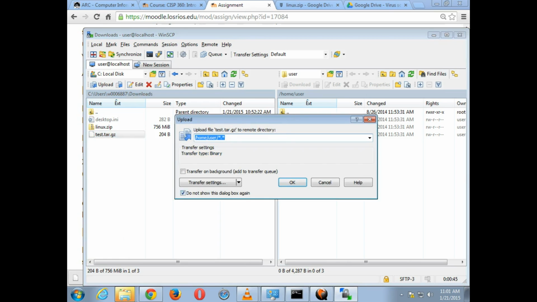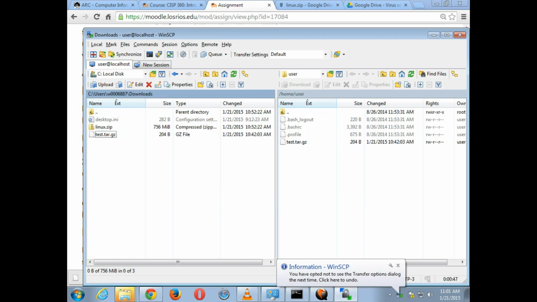So are there any questions about copying a file from Windows to the Linux side, to the virtual machine? No questions? All right. So now that we have this file on the other side, on the Linux side,